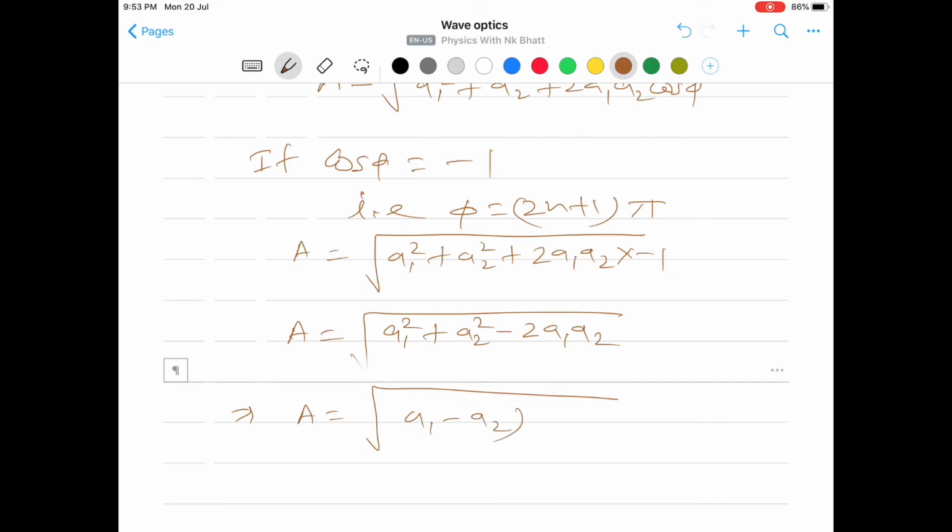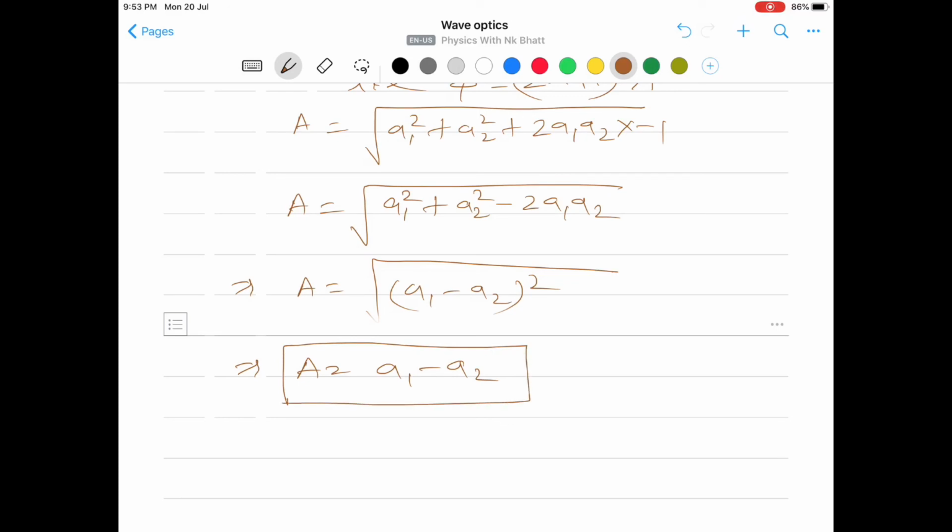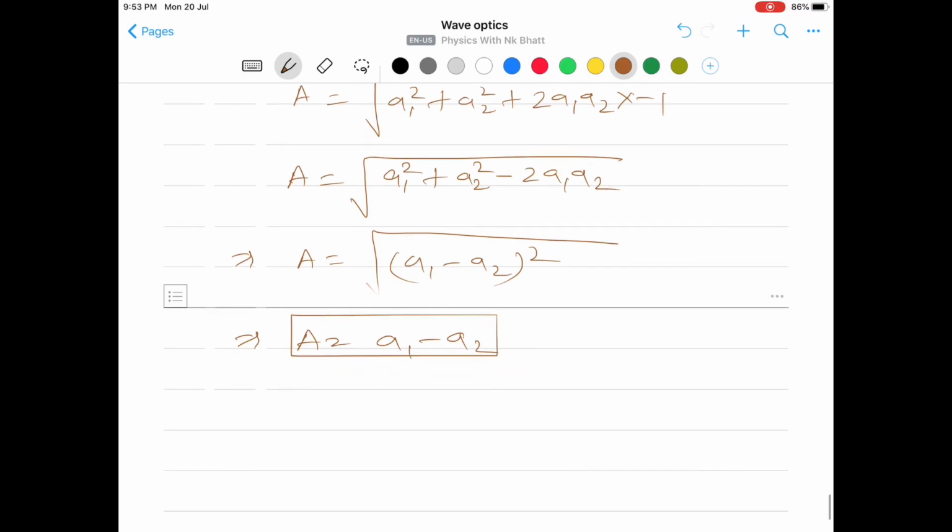So it comes to A1 minus A2 whole square. That gives us A is equal to A1 minus A2. So this amplitude is minimum,